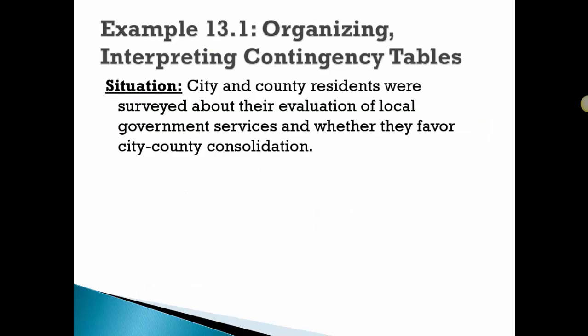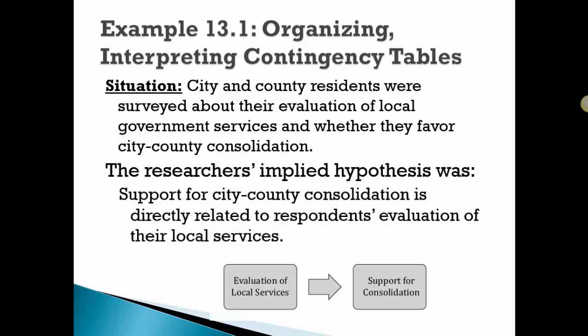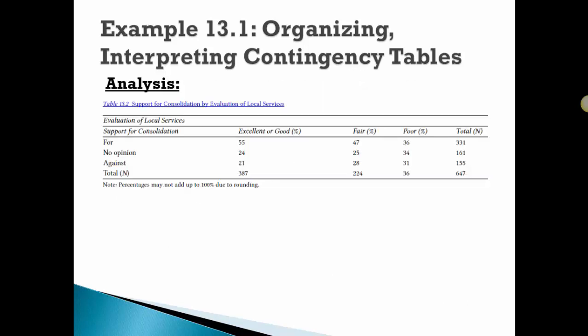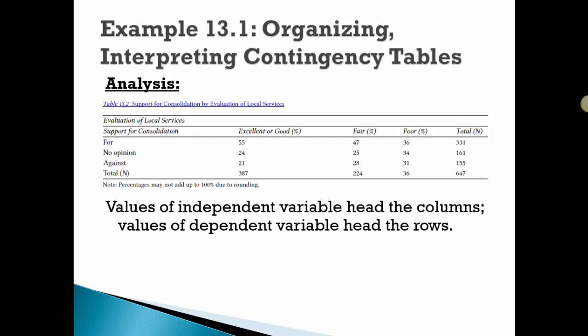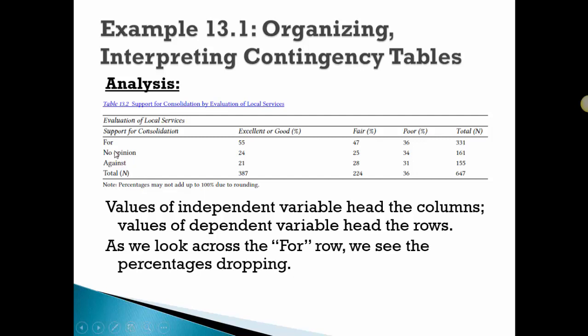So the city and county residents were surveyed about their evaluation of local government services and whether or not they favor the city and county consolidation. The implied hypothesis was that the support for city-county consolidation is directly related to how they evaluate their local services. And so now if we look at their support for the local services overall, in this particular table here, again the independent variables on the columns and the dependent down in the rows,